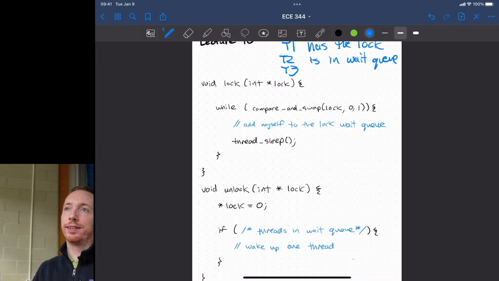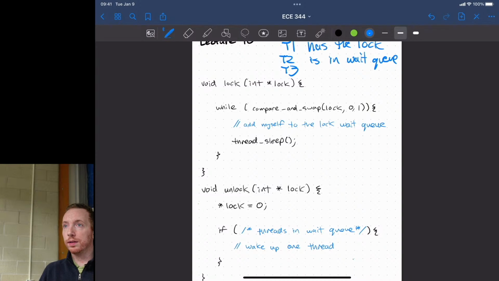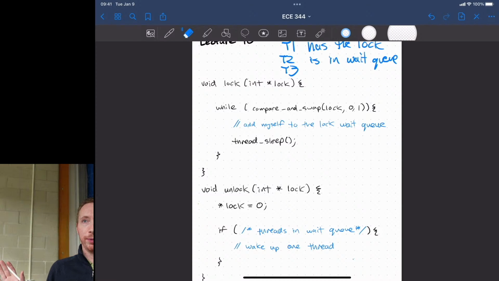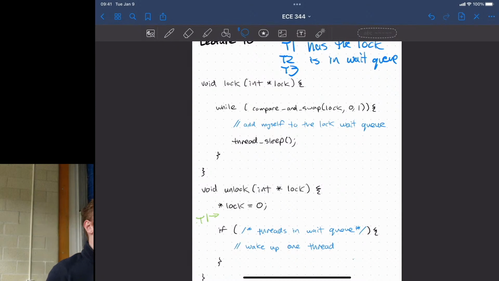Yeah. Thread 1 unlocks, doesn't call the if, and then thread 3 comes into the lock and checks it. Yeah, so thread 1 has the lock already, so it would be the one responsible for calling unlock. So at this point, say thread 1 is here, it's called unlock, and then it goes ahead and changes that value from a 0 to a 1,